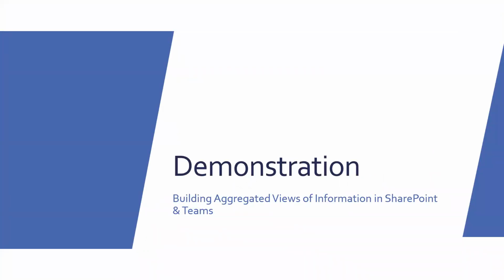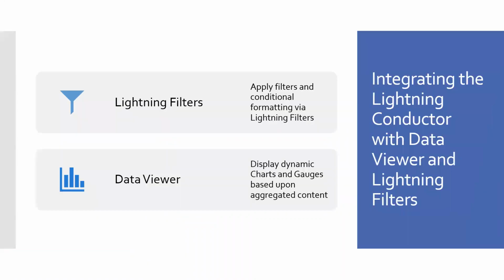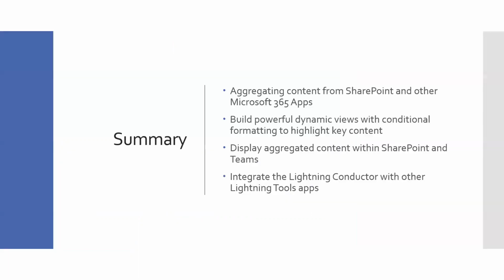So as you've seen there, we've been able to bring in content from SharePoint lists and libraries. We've also brought content in from Microsoft Graph. We could bring in content through search as well. And then we were able to filter that further with the Lightning Filters web part and display charts with the data viewer. So that's everything I wanted to demonstrate today,